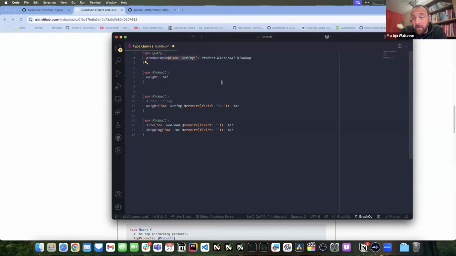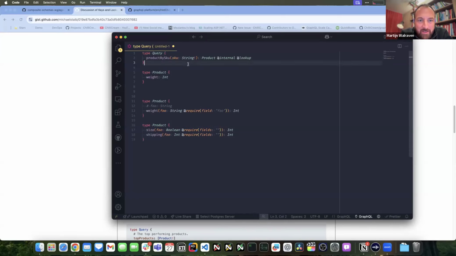Yeah, that's what triggered this discussion, and I think it's clearer even in the lookup case, because it really feels like you're missing something here, especially maybe for the implicit case. So if you have to infer here that product has a SKU field, and that it has a certain type. Yeah, and that's another dependency.